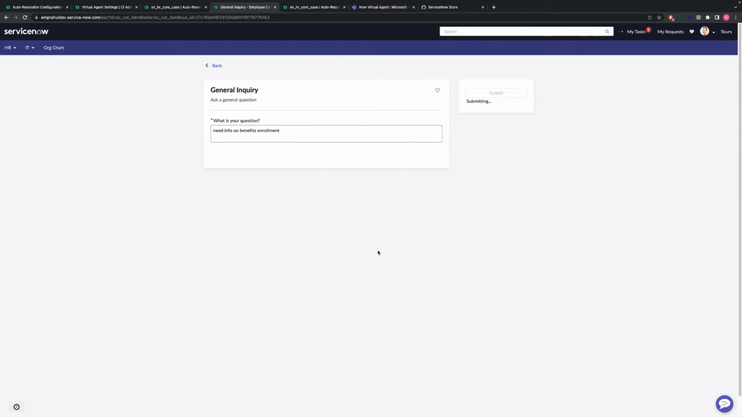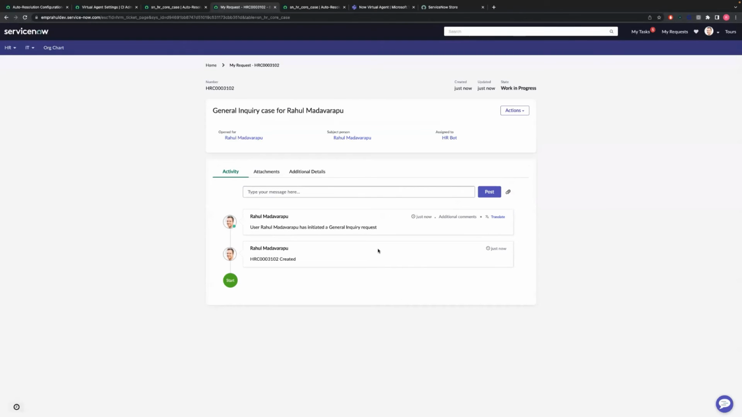So let's submit this case. As this HR case gets submitted, what generally happens is, as soon as the case gets created, the issue auto resolution framework intercepts, and the natural language understanding tries to interpret the intent of the case opened, based upon the description and short description of this HR case, and tries to identify its criticality. Obviously, the critical cases will get routed to the general queue so that they can reach the agent. But if it's a non-critical case, they are provided with relevant knowledge articles or